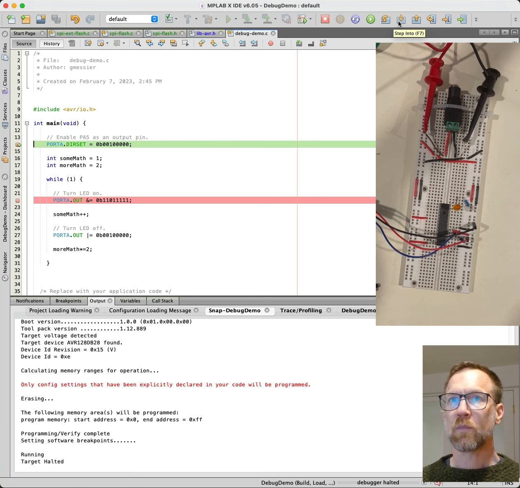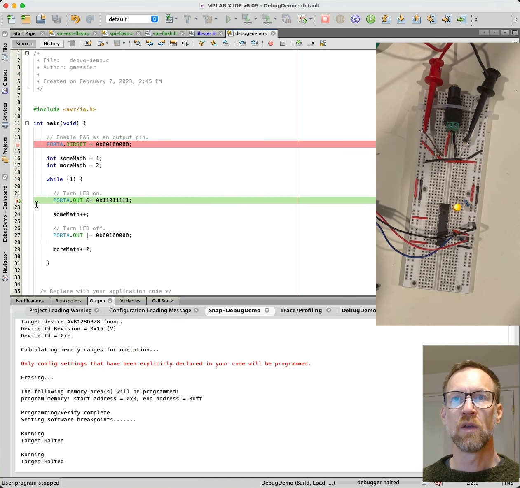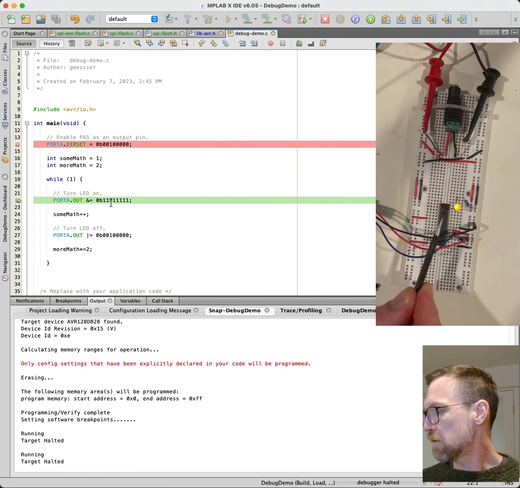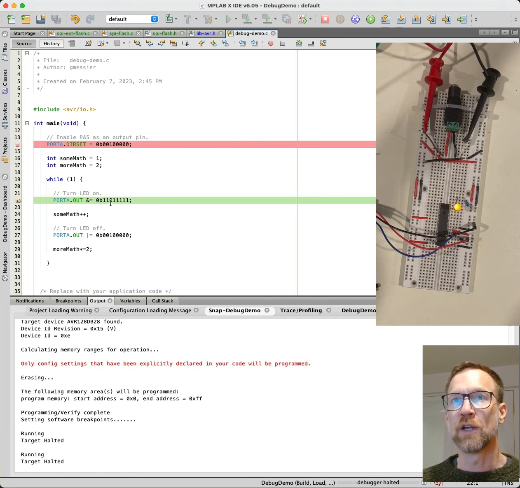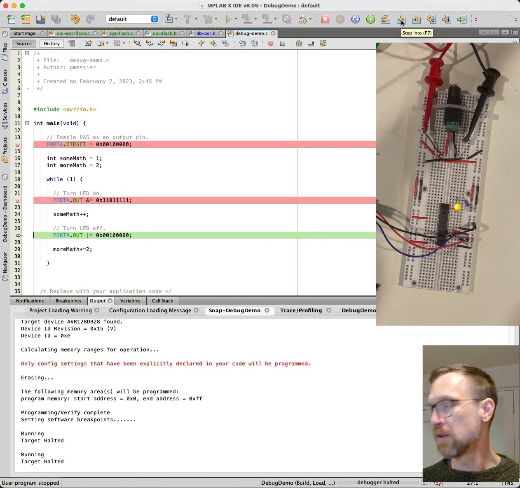Now, what I'm going to do first of all is hit the continue button so we see how that works. So we're going to hit continue, and we jump ahead to our next breakpoint. This is what has turned the LED on, and now you can see the LED has turned on. So what I want to do next is just step ahead one step in the program. So I'm going to hit the step into button, and we jump ahead to the line where